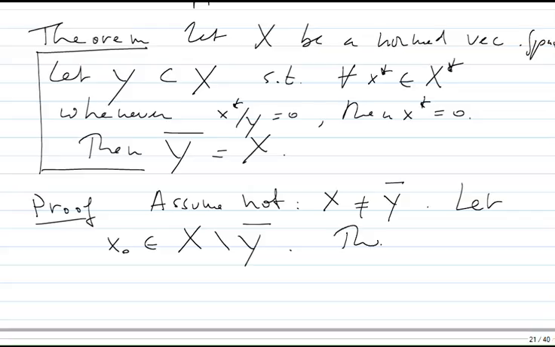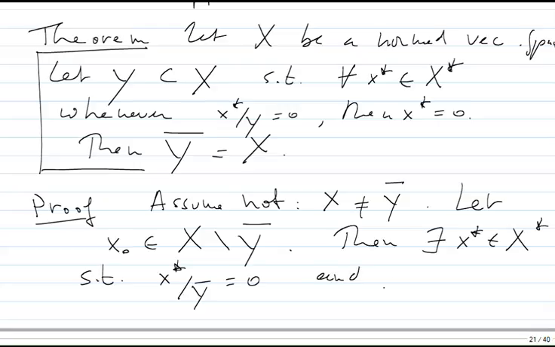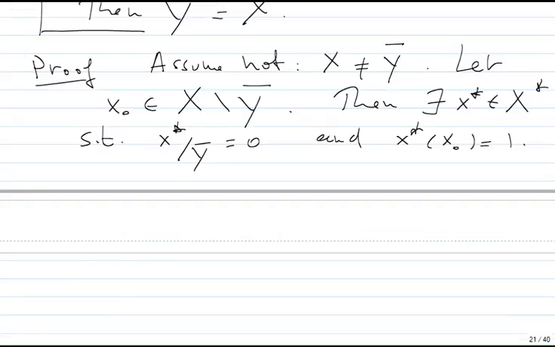Then we can separate X0 and Y bar. There exists X star in the dual such that X star reduced to Y bar is equal to 0 and X star of X0 equal to 1. And this is of course a contradiction because it's equal to